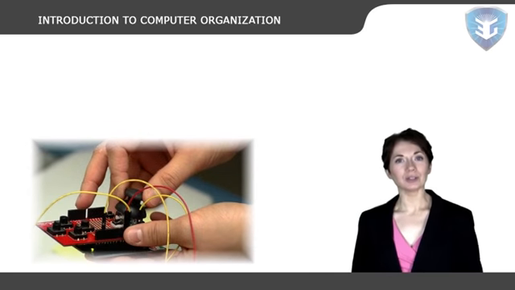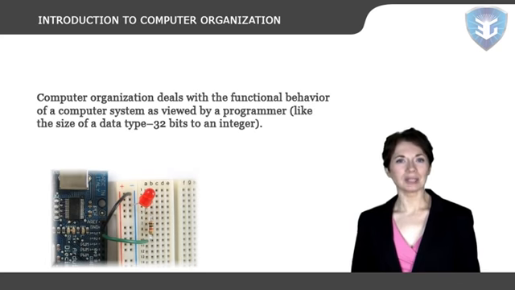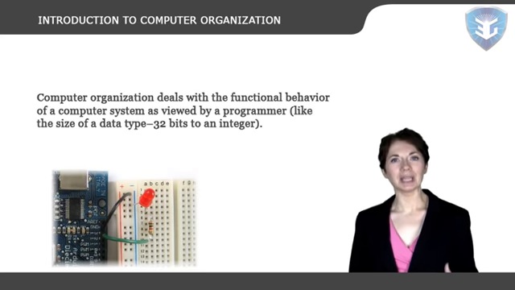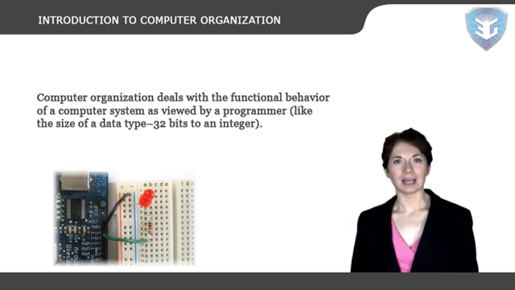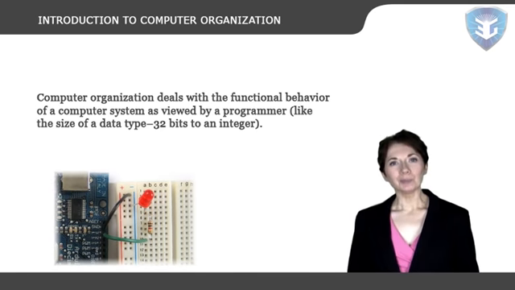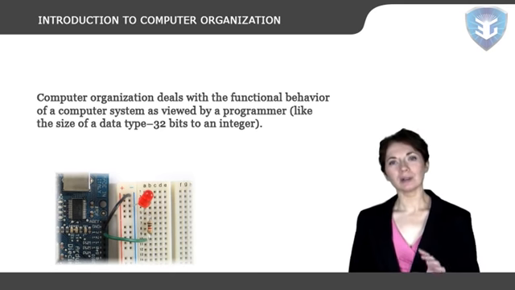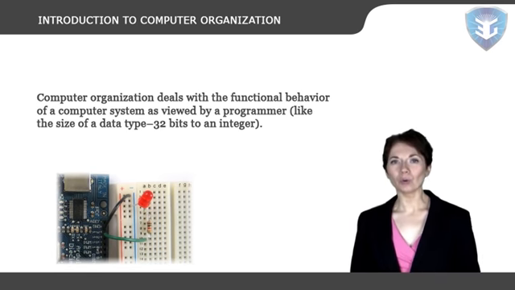Let's start with the introduction to computer organization. Computer organization deals with the functional behavior of a computer system as viewed by a programmer, like the size of a data type, 32 bits to an integer. Computer organization deals with structural relationships that are not visible to the programmer, like clock frequency or the size of